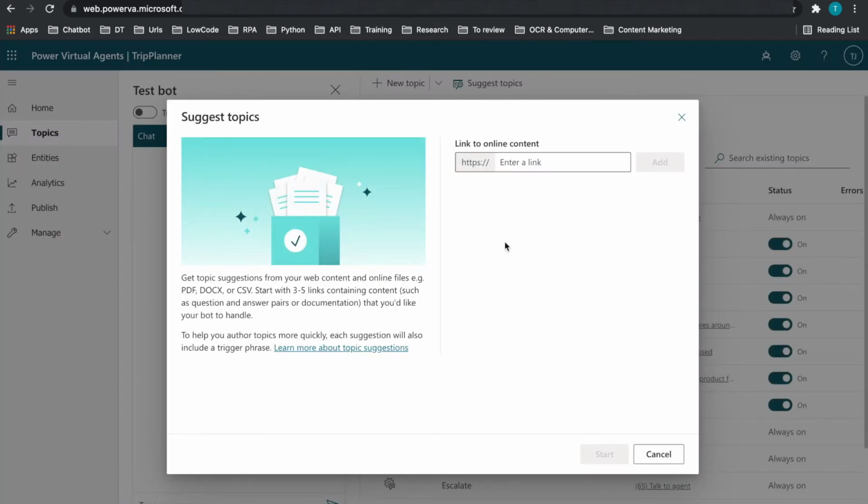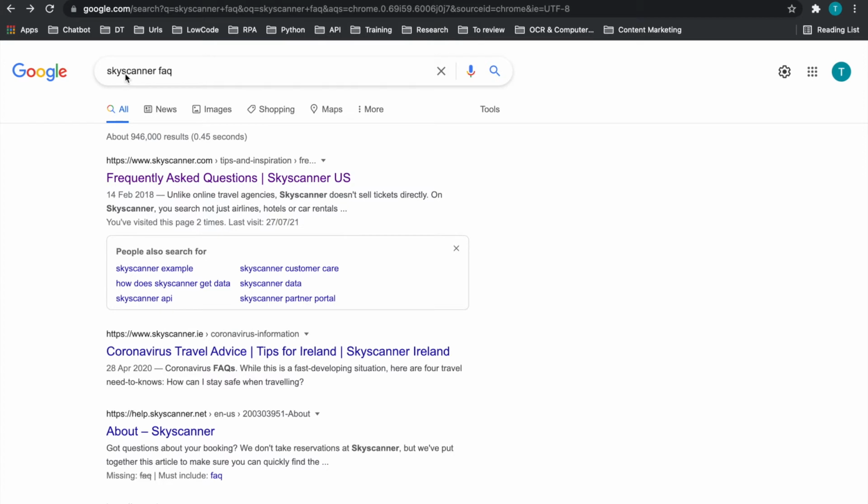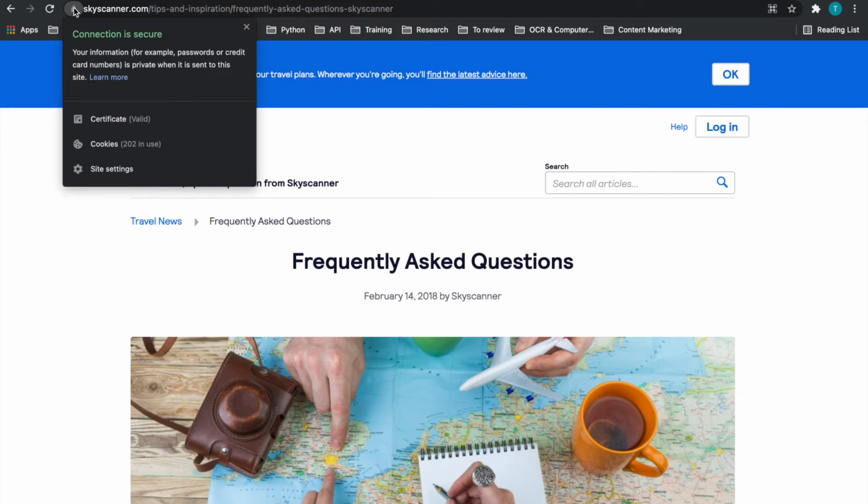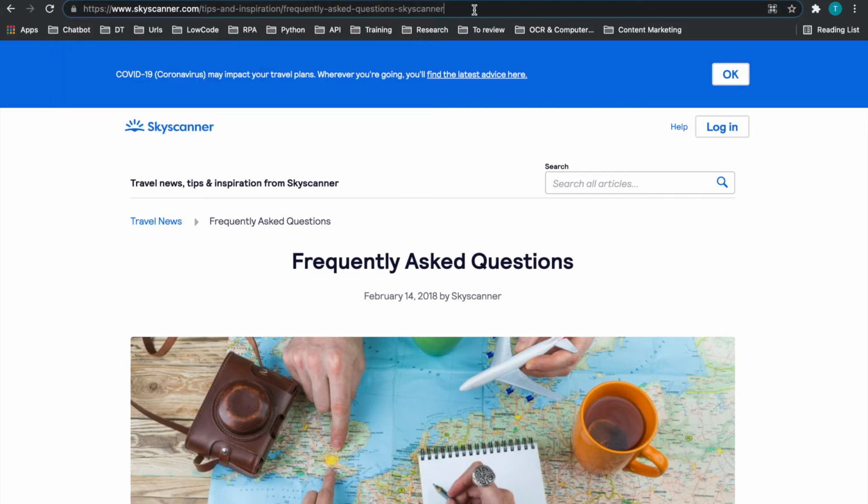this pop up here, and this is where I also mentioned it has to be HTTPS. And just to find out what this might look like, I'm going to use a Skyscanner FAQ here. So you can type in Skyscanner FAQ, and this will bring you up to this page. Just make sure you're on this particular page called frequently asked questions. So you just want to grab the URL. You can tell this is HTTPS because it has this secure certificate and all of that. You can copy all of this